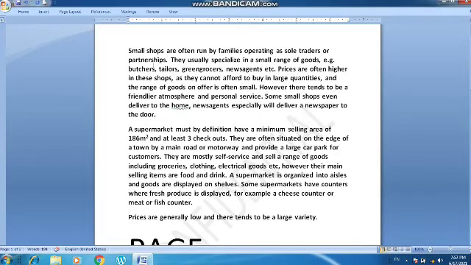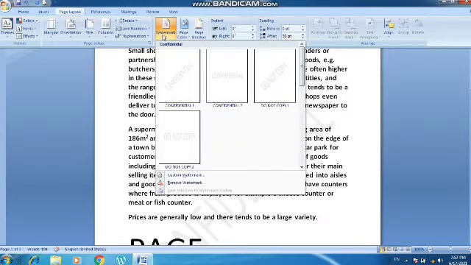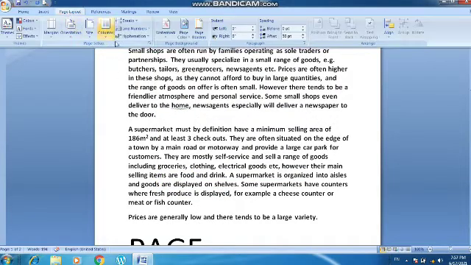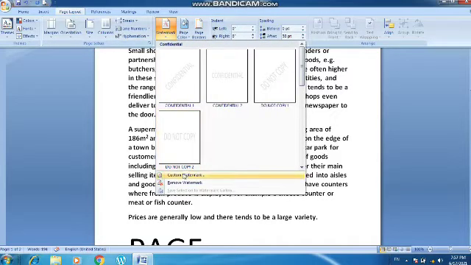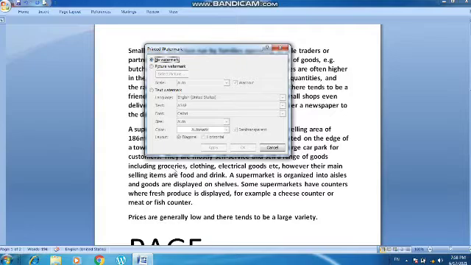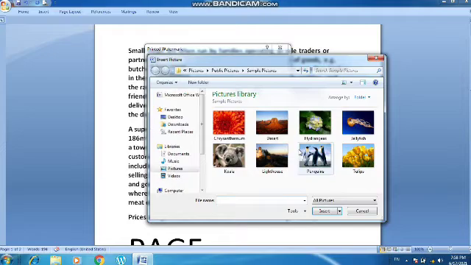Now we can also insert a particular image as a watermark. For that, you have to go to the page layout tab, click on watermark again, and first of all you have to remove the watermark. It will be removed, and then you again go to the page layout tab and click on custom watermark. Custom watermark will help you to create a watermark of your own. You can write any particular text or you can insert any picture as well. So for inserting the picture, you can click on picture watermark and select a picture from your drive. Any picture you can select.